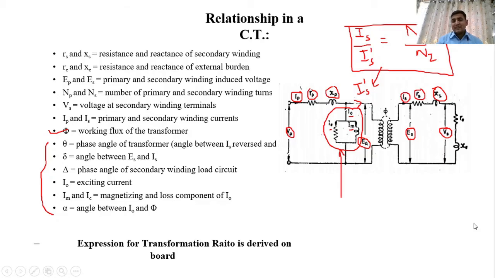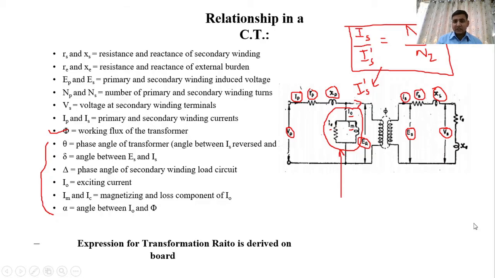First, we have to see the relationship in a CT, where we will give a detailed derivation for our equivalent circuit diagram. You will also see this type of diagram in your basic electrical, where we have a transformer representing the different types of losses, like our copper loss, leakage reactance losses, and particularly iron losses.